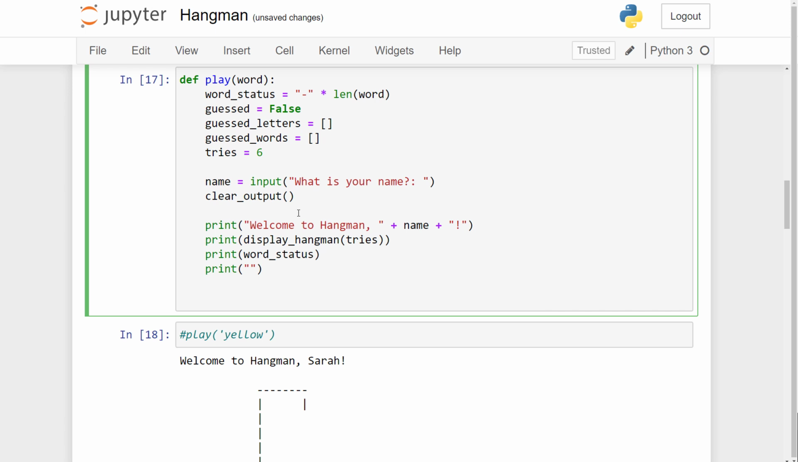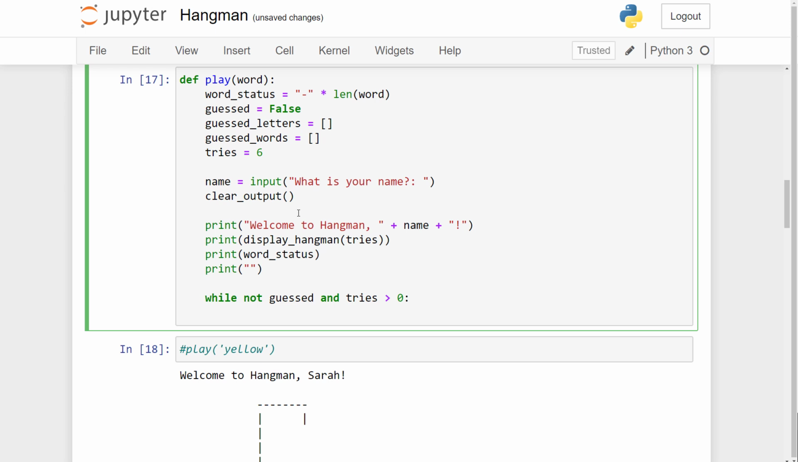Now we know that the game should be active providing 2 conditions are met. Firstly, they haven't guessed the word, because if they've guessed the word, they've obviously won the game, and the amount of tries they have is greater than 0. Because if they had 0 tries left, they've lost the game. So we can put while not guessed, i.e. whilst they haven't guessed the word, which is controlled by the Boolean value that we're storing in the guessed variable, and tries is greater than 0,